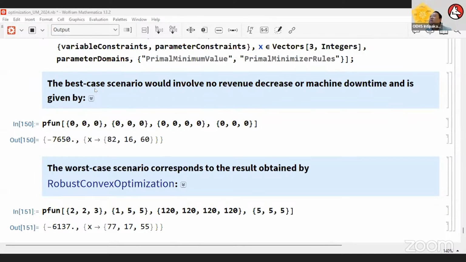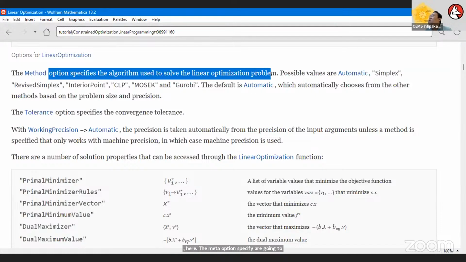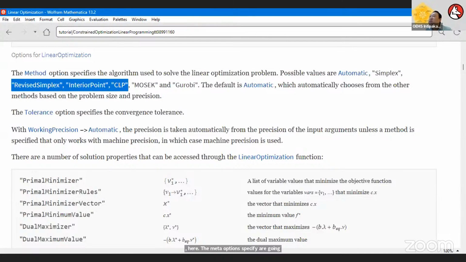Linear optimization functions, methods. See, that's method uses. Here. The method options specify algorithm used to solve the linear optimization problem. Values: automatic, simplex. You write simplex, interior point, CLP, MOSEK, and Gurobi.